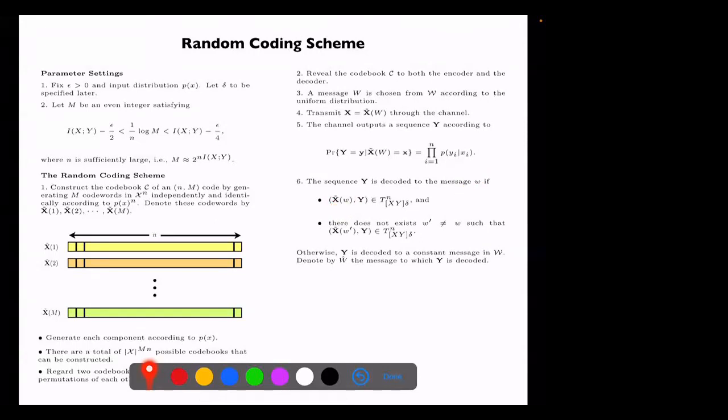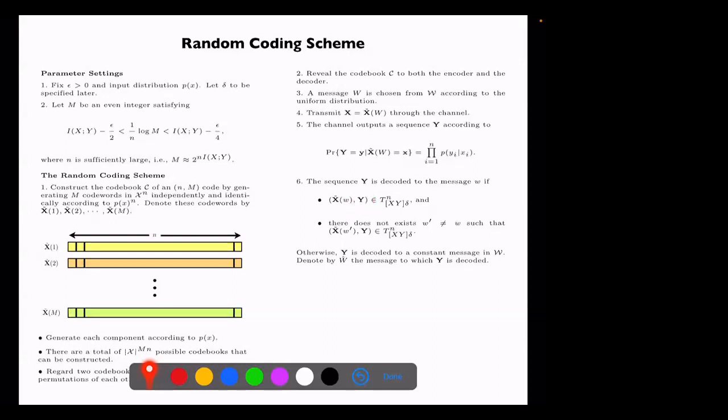Okay, and then the sequence Y is decoded to a particular message w if the codeword associated with the wth message and the received vector Y is jointly typical, and there does not exist another codeword in the same code book which is jointly typical with that output sequence Y. So what you do for decoding is that you look. I receive a vector Y from the channel, and then I look over my code book. I look into every codeword, and I check whether the first codeword and Y are jointly typical or not. I just check every codeword. If you can only find one codeword which is jointly typical with Y, one and only one,